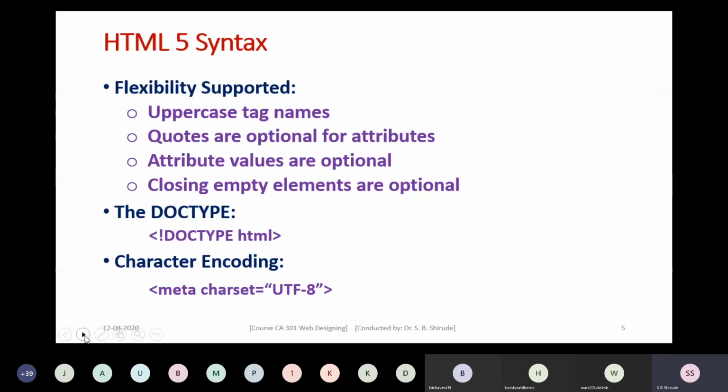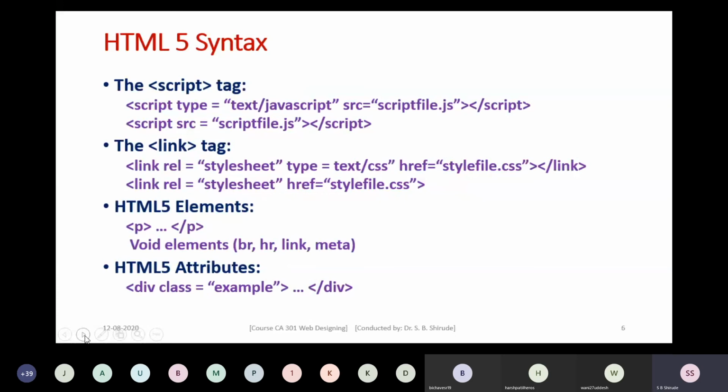Then, continuing with the topic of HTML5 syntax, how do you specify the script tag in earlier versions? This first line is about the earlier versions: script type is equal to text/javascript, src is equal to the name of the JavaScript file that you want to include. This is the syntax that earlier versions of HTML required. But in HTML5 it is made simpler.